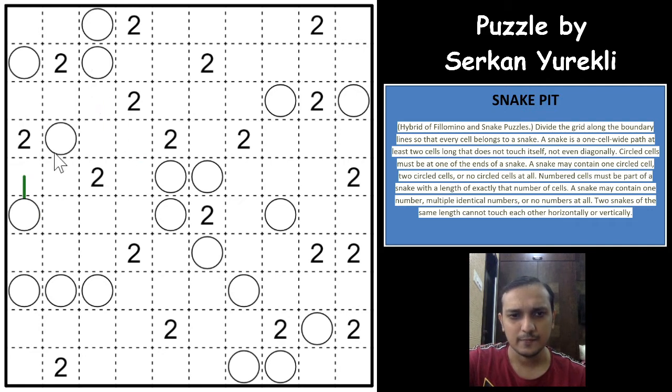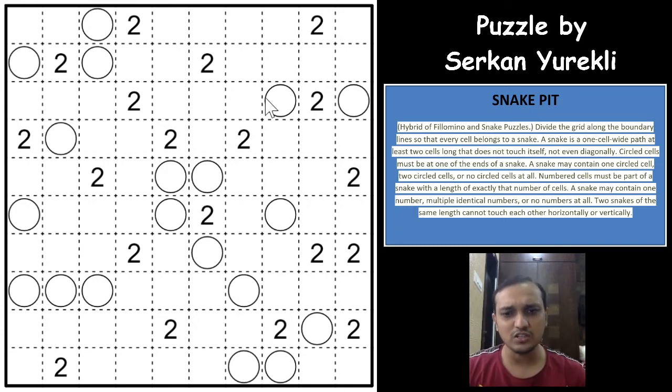And the circles indicate that the circle is the end of the snake, either the head or the tail of the snake. And it is not necessary that all the snakes should have a head or a tail. So there can be a snake without a head or a tail, but wherever you have a circle, that has to be the head or the tail of the snake, right? And a snake can have more than one circle or 2 circles. So it is not at all given. So with that, we'll start solving this puzzle.